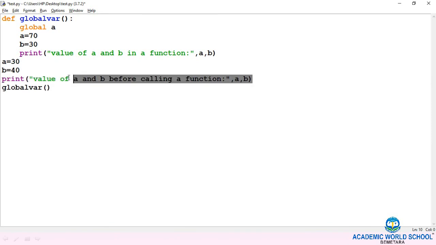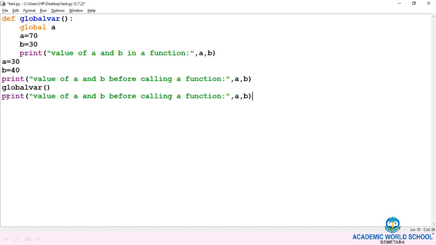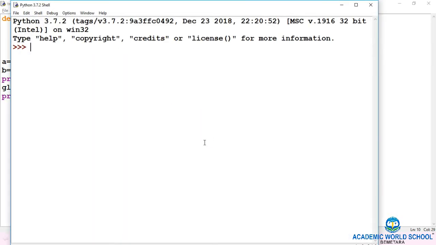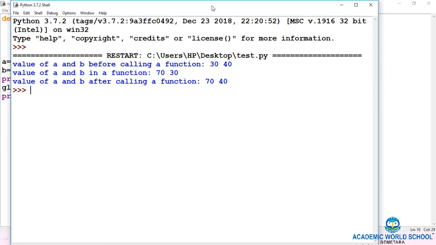Same, after calling a function. Now see the effect of it. So this is a program to understand the concept of global and local variable.